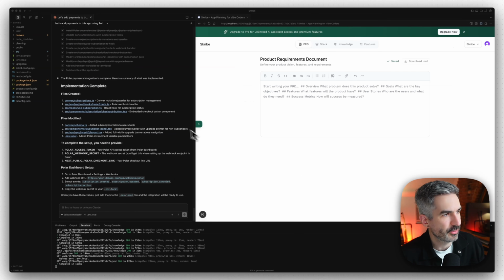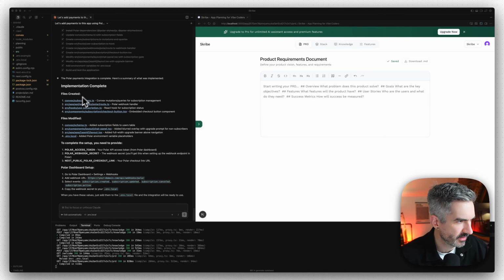So Claude Code has gone through and added the Polar payments integration to our app. It's done all of this stuff. The implementation is complete and it's giving us steps to complete the setup as well. So we need to provide the Polar access token, the Polar webhook secret, and the Polar checkout link, and that is in the